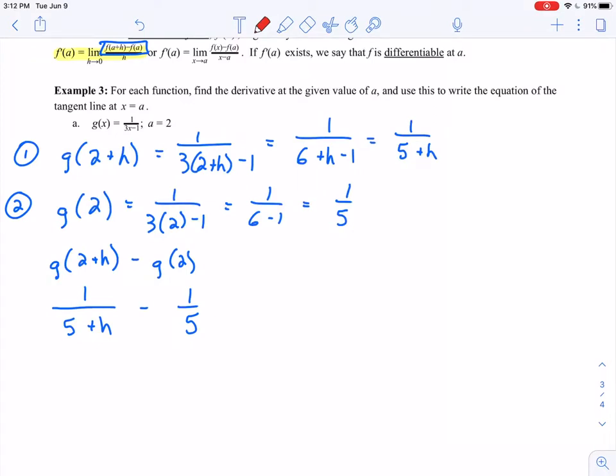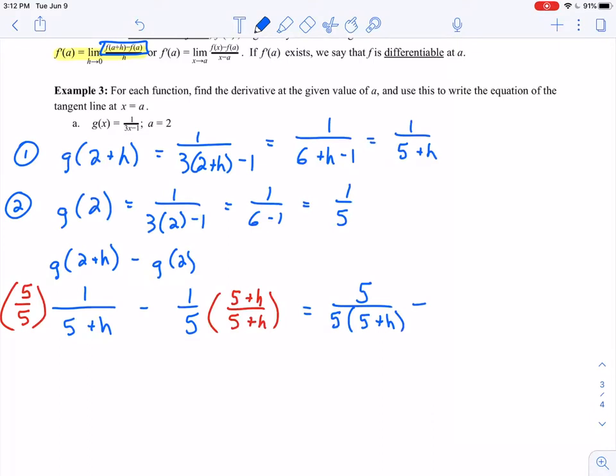If you don't find one now, we're going to have to do it later, and the expression is only going to get more complicated from here. So the way I'm going to do that is multiply this term over here by 5 over 5. And over here, I'll multiply the right-hand term by 5 plus h over 5 plus h. So let's see what we end up with. 5 times 1, I'll have 5. Your denominator, don't worry about that. I'm going to leave that as 5 times 5 plus h. If you want to distribute those, you absolutely can. But I'm just going to leave that as 5 times 5 plus h